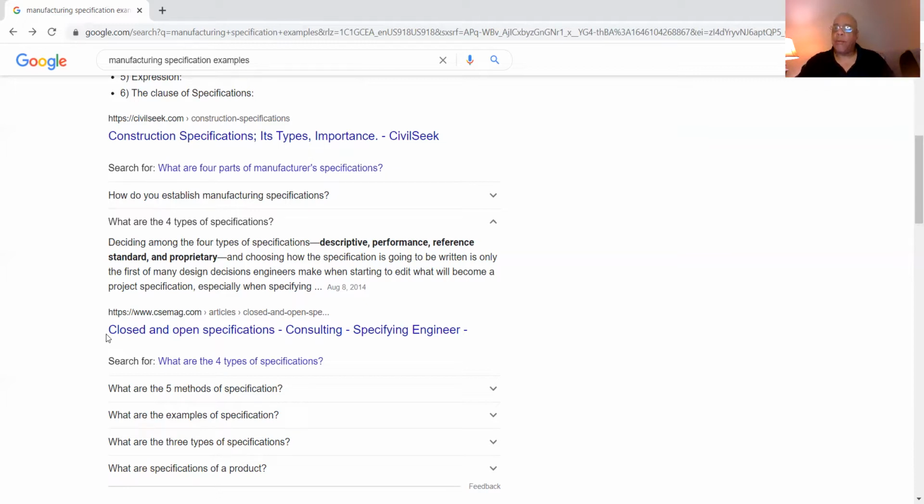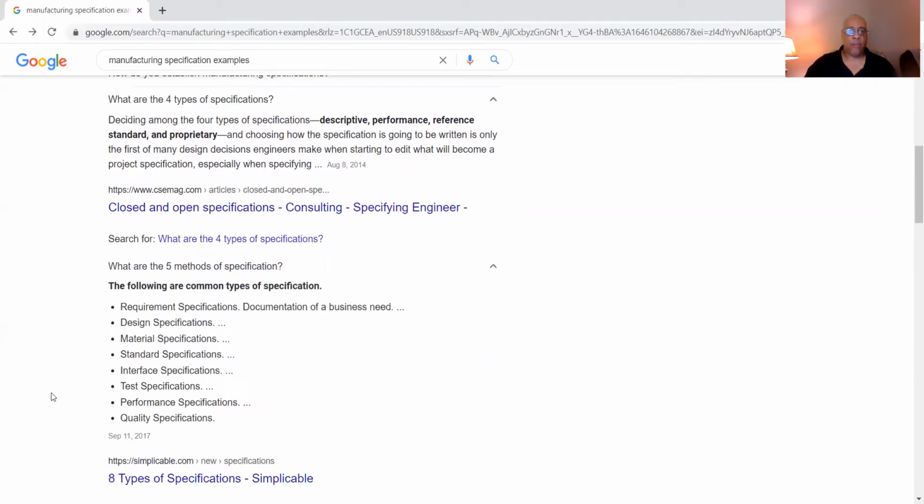That's why they call them project specifications. Again, specifications have common types: requirement specifications, design specifications, material specifications, standard specifications, interface specifications, test specifications, performance specifications, and of